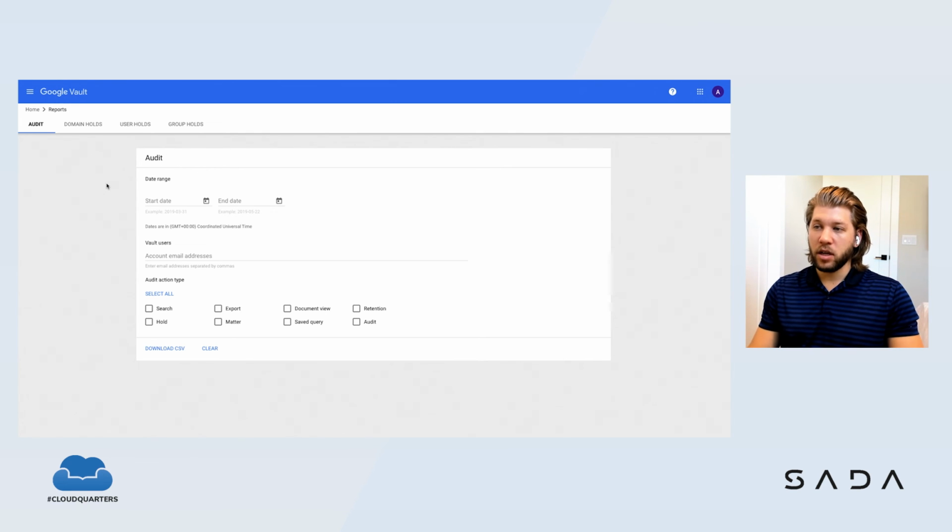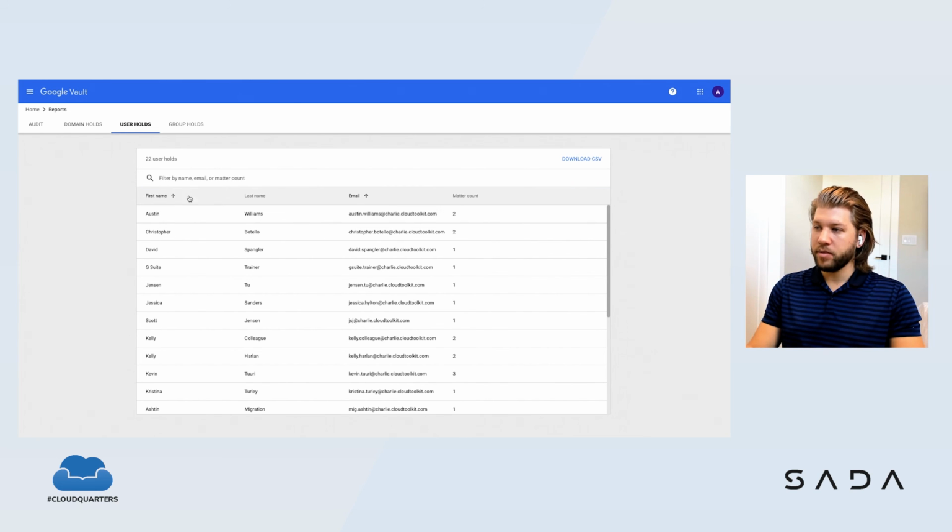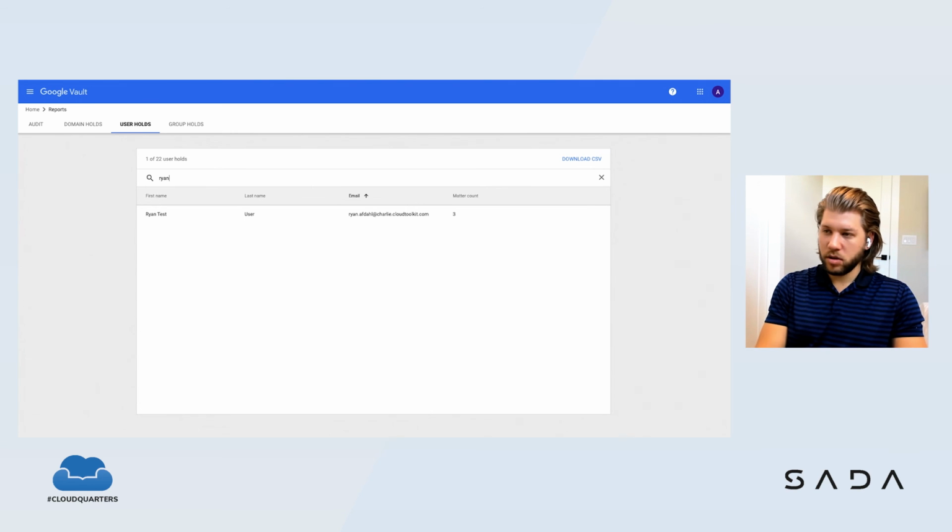As changes are made to retention policies, legal holds, matters, even audits themselves, it's very important that your organization has the ability to come in here and identify exactly what changes have been made. Going back to that hold that I created on Ryan earlier, I can come to this user hold tab and see how many holds